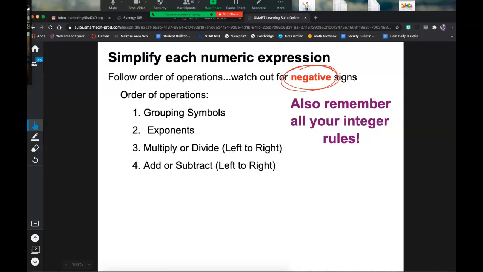Okay. And order of operations, remember, is your grouping symbols. So parentheses, brackets,